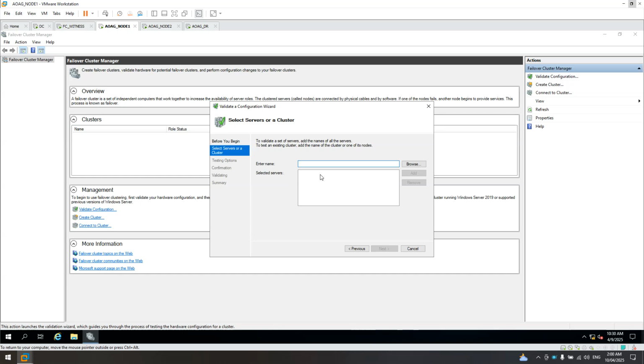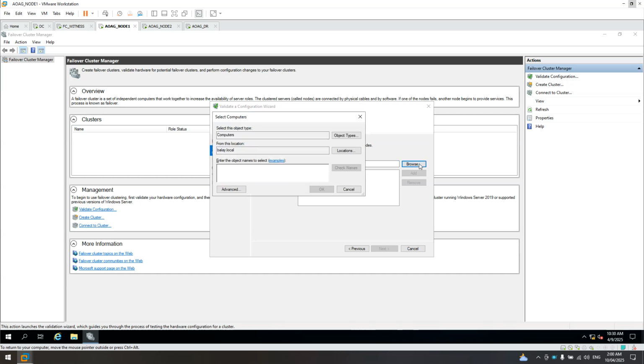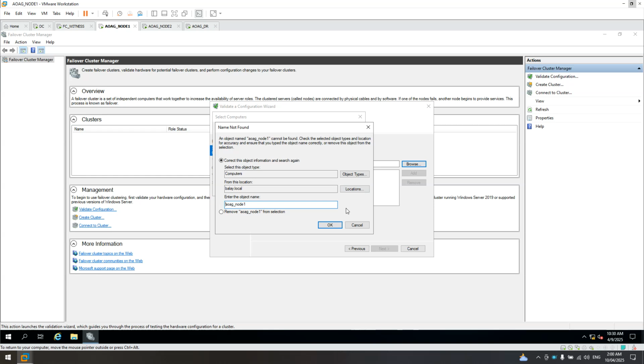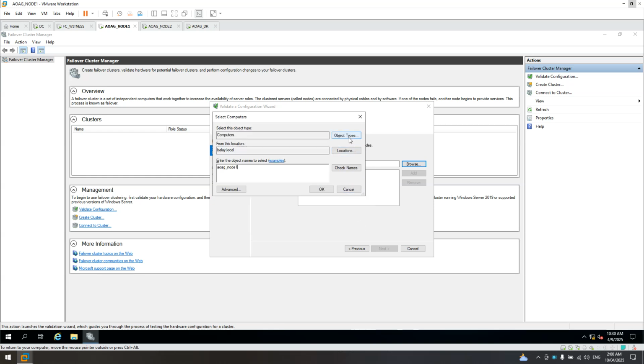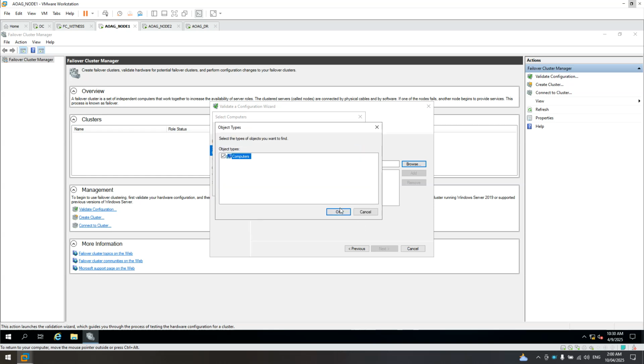Enter name, click browse and put all the servers. AOAG node 1 check. Oh, no, you need to make sure that computers is okay.